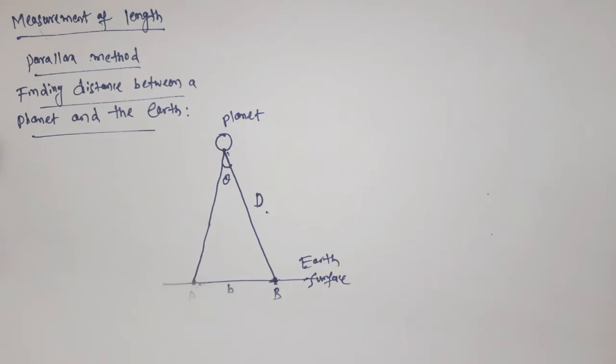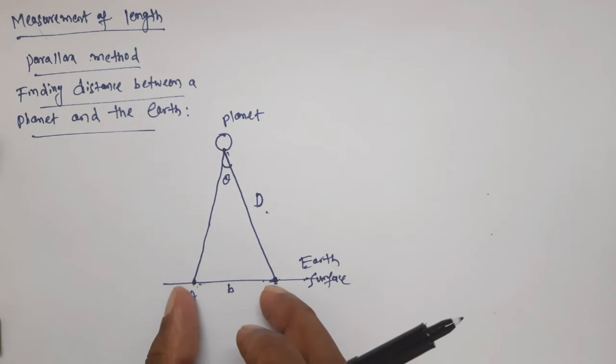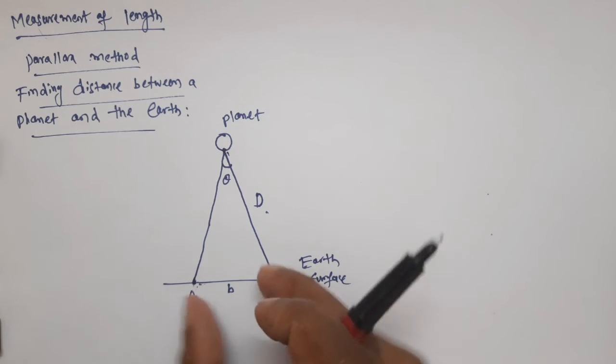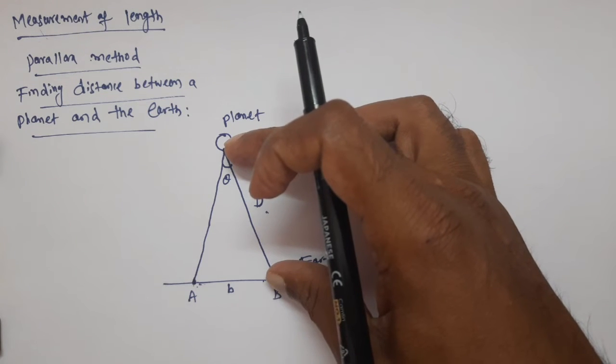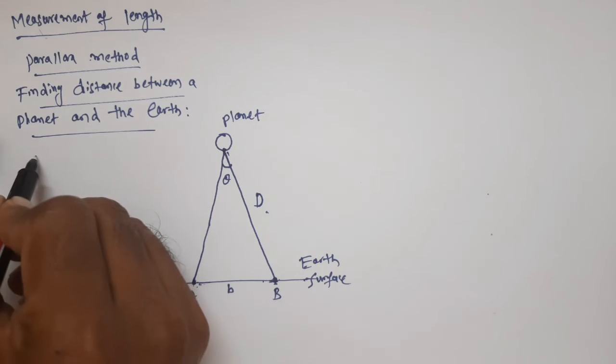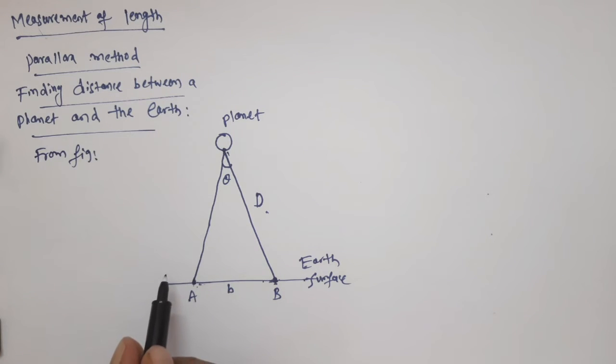The same thing is happening here also. The distance on the Earth which we are choosing, these 2 points, is a few kilometers, but from here to here, this distance is in terms of lakhs of kilometers. So compared to this distance, it is very, very small. For our convenience, whatever I am drawing here is not to scale. That means compared to this distance, this one is very, very large. So from the figure, what do we write, guys? Now it acts as an arc, right? So from the figure, what do we write, guys?